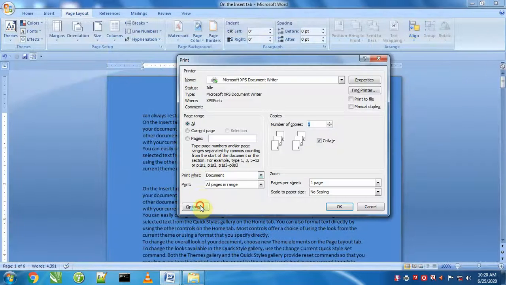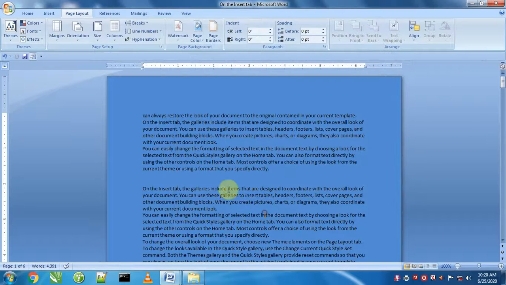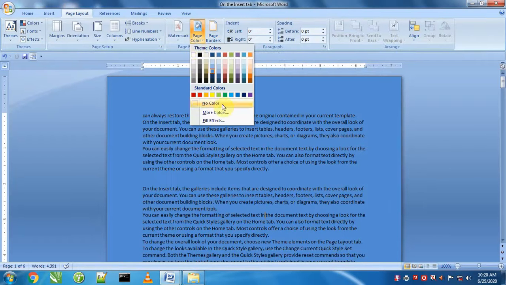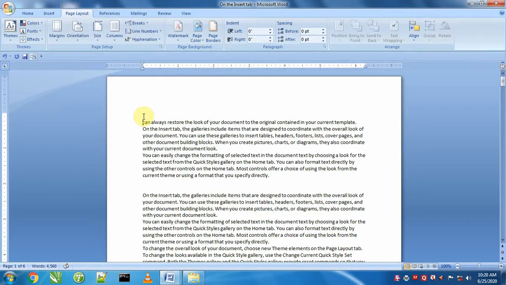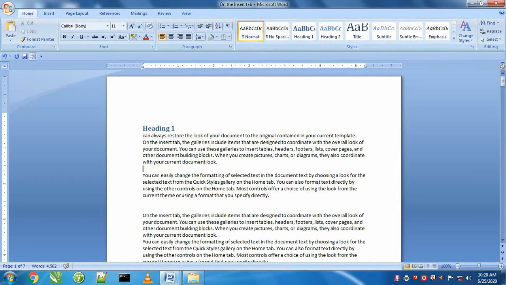Next, update fields before printing. For this we have to do something first. Remove this color. Suppose it is heading 1. We'll go to home, select heading 1. It is heading 2.